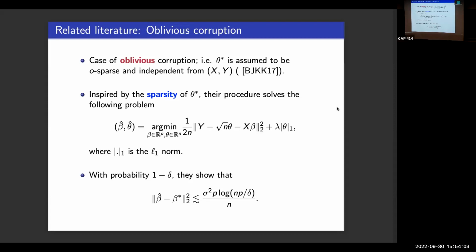Actually, it might not be that surprising because they consider the case when the sample size is larger than the dimension, right? Yeah, that's true. So in this case, you are essentially estimating a subset of coordinates in usual regression. So it's not that surprising that it only depends on the number of coordinates you want to estimate, if your matrix is well conditioned. Okay. So then why is it that when theta depends on the rest, we have to pay the price of o over n? I'm having a hard time seeing why just the fact that theta is independent from all the rest gives you this bound that's independent from the fraction of outliers.